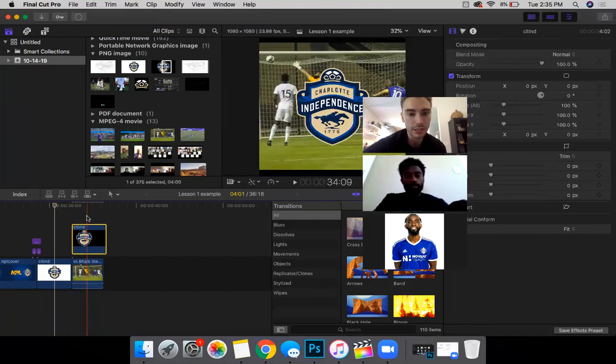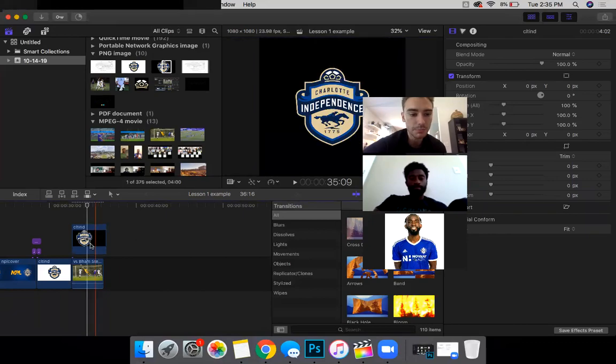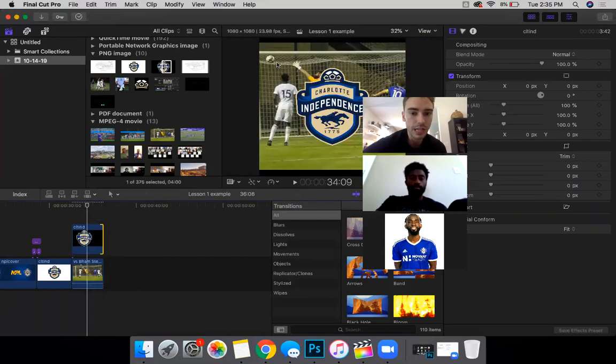It's going to do what I talked about with the stabilization: take a point on the edge of the ball where there's contrast, and track that. Then it knows to attach the position of this element to that point. Final Cut can't do that. It's not robust enough. But you can achieve something similar by doing